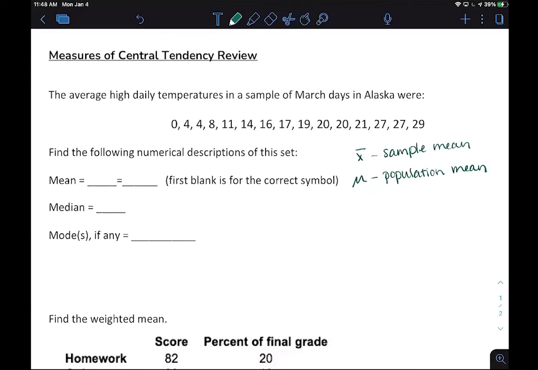So we're looking at a sample, which means we're finding X bar. And how do we find the mean? You've been finding means since you were in like 6th grade. You average all the numbers together. So find the average. We're going to add them all up and then divide by how many there are. So if we add these,